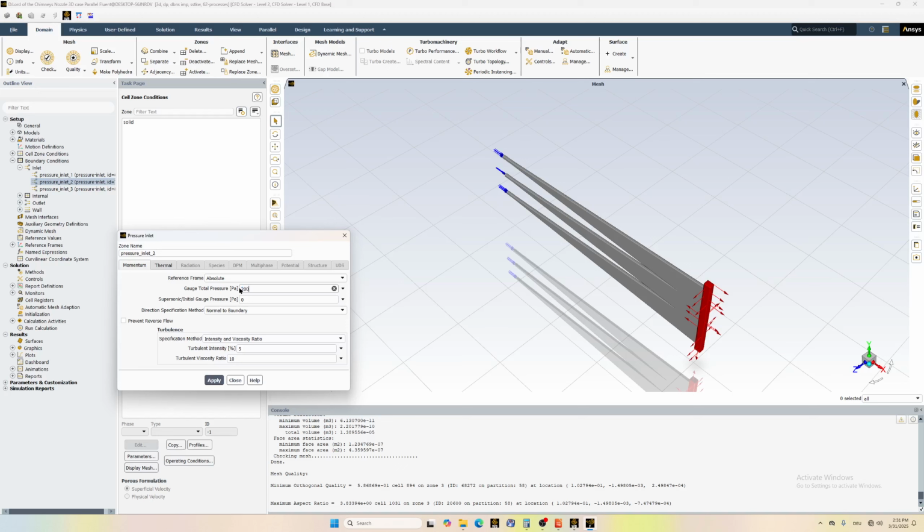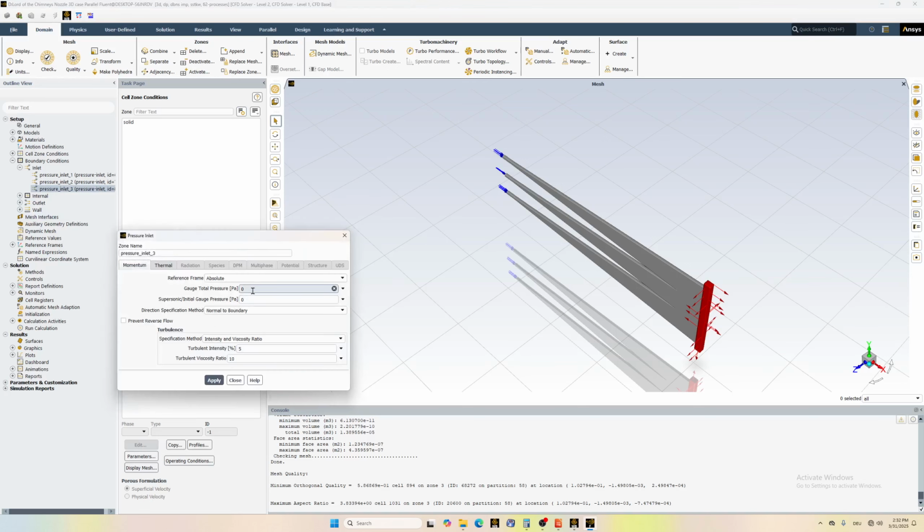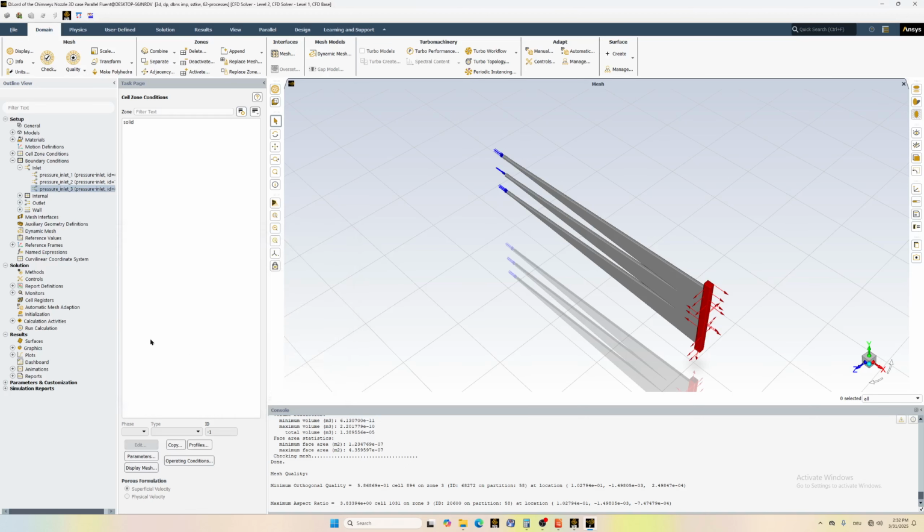Now if I want 200,000 and 1, okay, again and again, close. And the last one, let's say 3 bar. So okay,